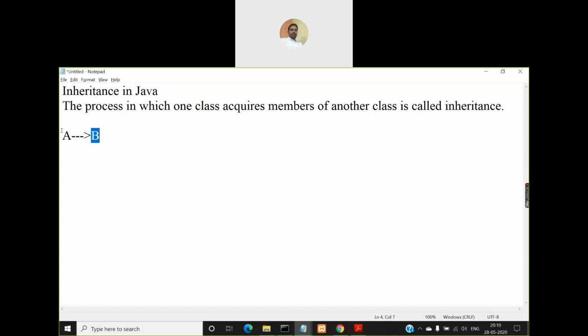So here in this case, A is called the superclass, and B is called the subclass.